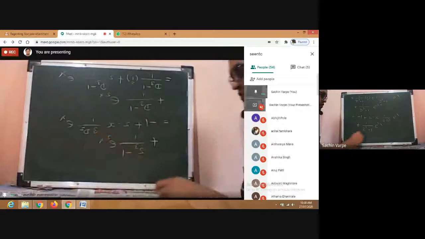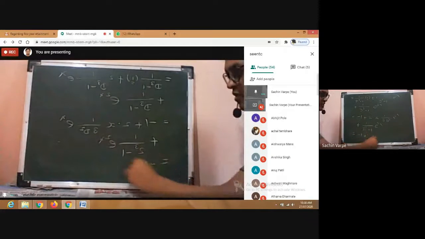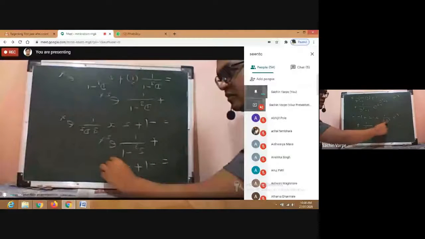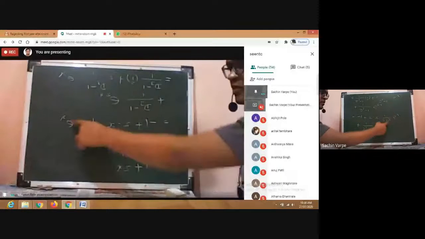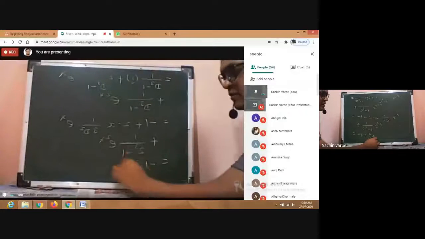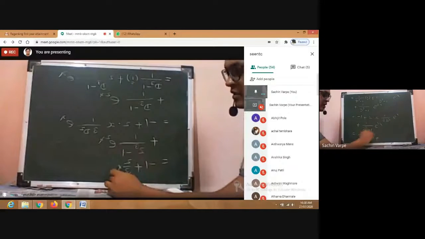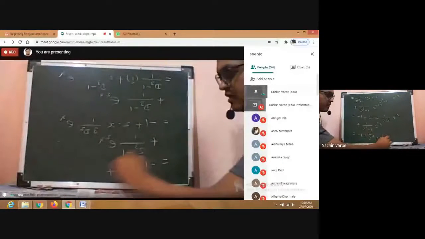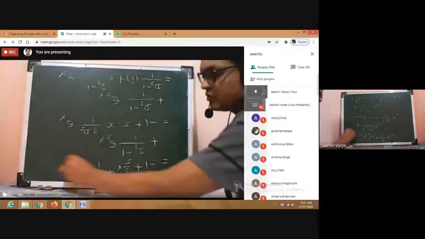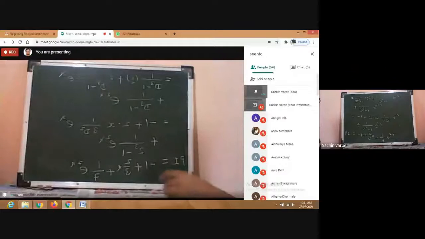So when I replace D by 2, I'll get 1 upon (2^3 - 1) e^(2x). Therefore, it equals minus 1 plus 2x into 1 upon 3, D replaced by 1, so that will be 1. So 2/3 x I'm writing, 2/3 x plus 1/7 e^(2x). And that is your final PI. So therefore write CF plus PI, the general solution. Please ask if any doubt. This is again a very easy example and can be asked for the theory.